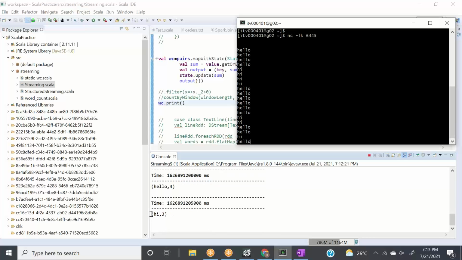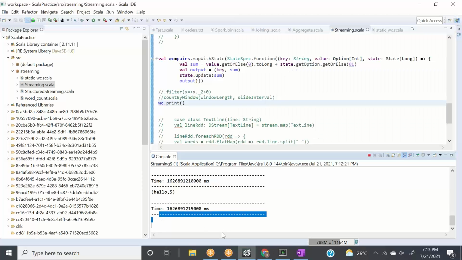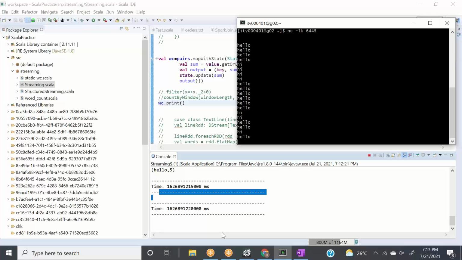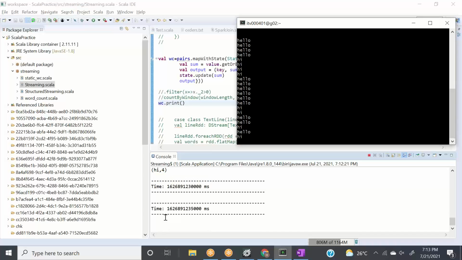But it is only giving the changed key. For example, if we are not giving it anything, it gives us an empty window, because it works on a real-time application. Now if we change one key, that is, we give hi, it will give only hi, and it will give the previous result, so hi 4 times, right? So let's wait for 5 more seconds, and it will give us the empty window. But it maintains the history.